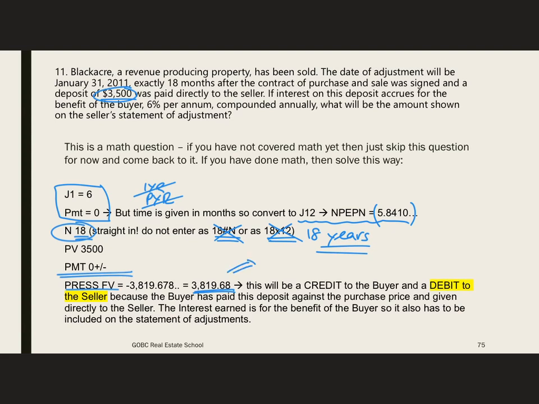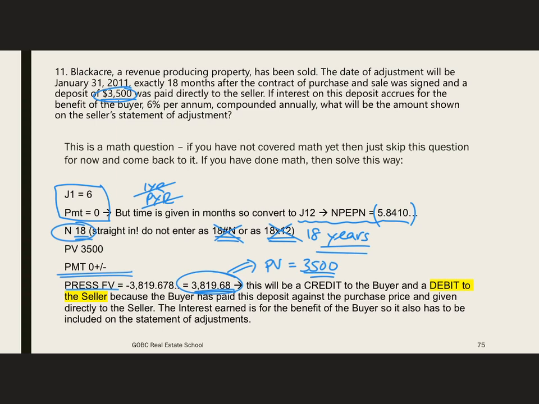So in here, the PV of $3,500 is included. So the interest is $319 and change. So we credit that to the buyer, and it would be a debit to the seller. So that is what the answer is. It would be a debit to the seller because they have to pay that